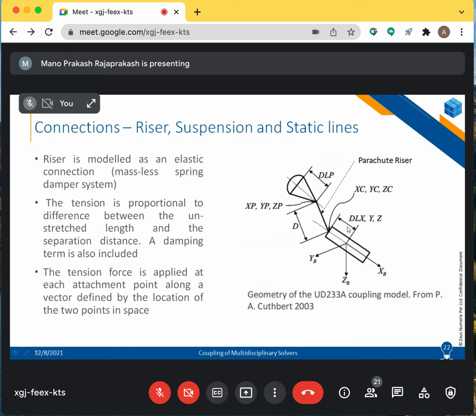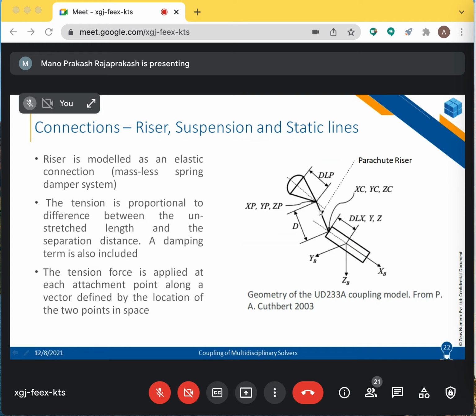As discrete time steps, I'm going to have the trajectory of this. Now, somehow the effect of this should be transmitted to this, and at the same time the effect of this body should be transmitted to the parachute. That is the precise reason why we have to model the parachute riser, which is a connection required in the payload parachute system dynamics. Here, this thick black line you see is nothing but a parachute riser.